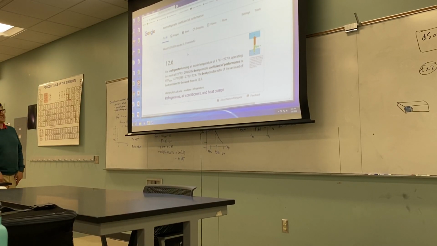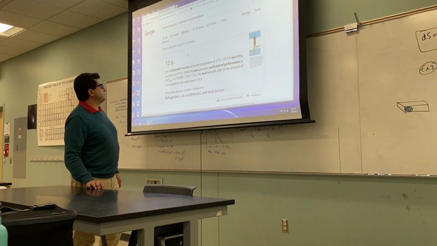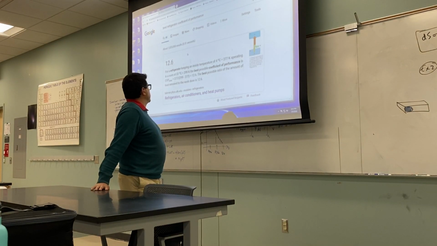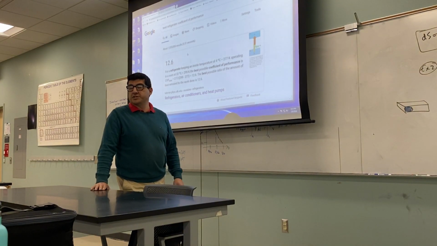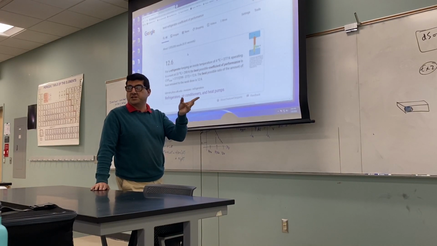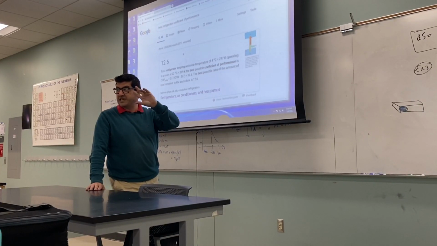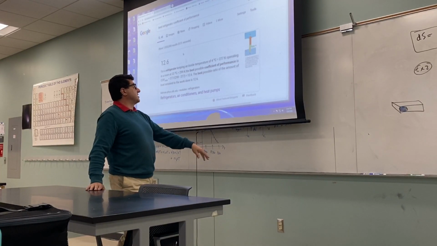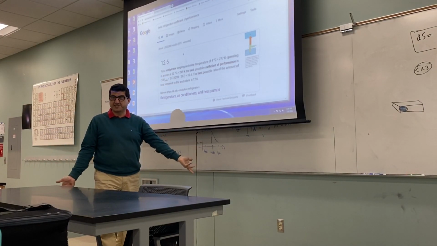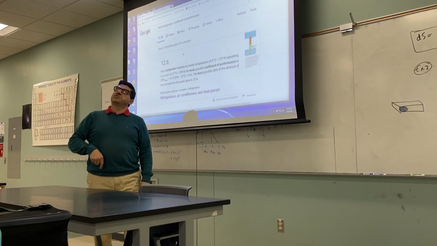See, 12.6 is the best one for a refrigerator keeping an inside temperature of 4 in a room at 29. Oh, remember that, there's another rule that the best the refrigerator can be is the Carnot efficiency. So I'm not even taking that into account. And the Carnot efficiency depends on what? The temperature of the outside and the temperature of the inside. You see? So I can't just say, let's create a